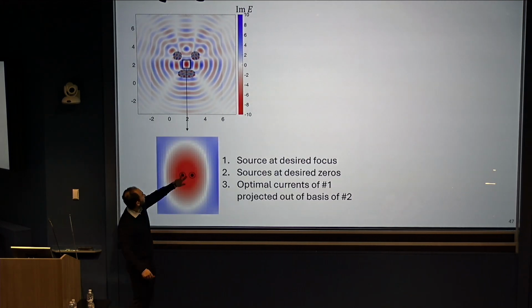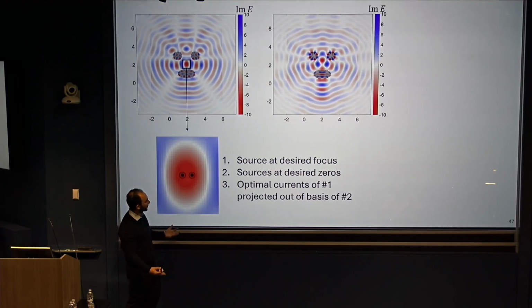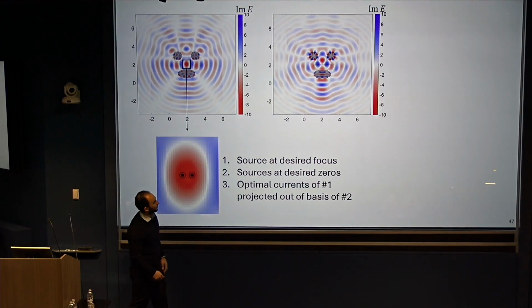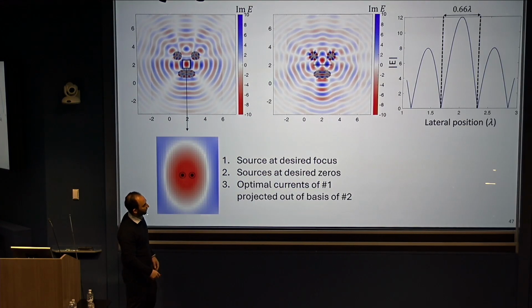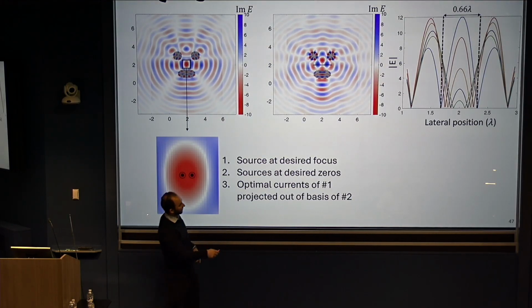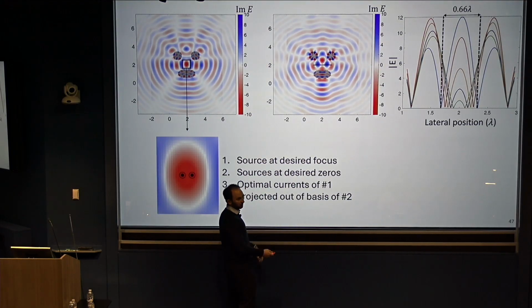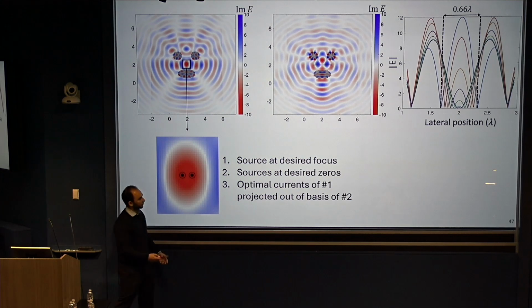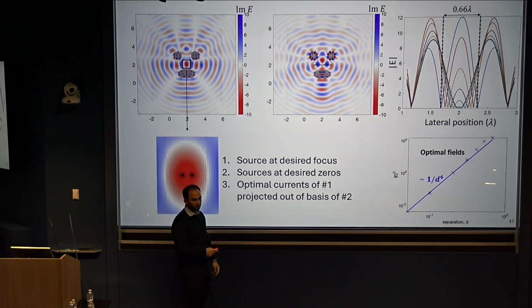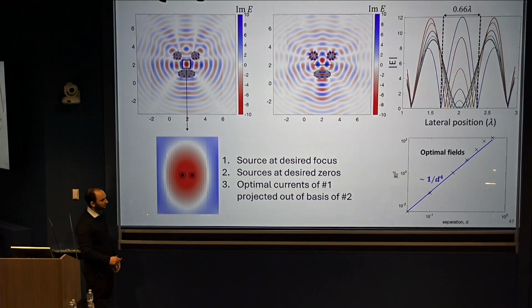So I put 2 currents down. I let them radiate. I measure exactly the fields. And I get a little pinched feature right in the center. And if my original field is a nice diffraction limited spot, just by taking those points and making them closer and closer, the fields that are produced from the exterior have exactly this super oscillatory nature to them. There's an energy penalty, of course, as I create these super oscillatory fields. It turns out that energy penalty, by general principles, is exactly the same 1 over d to the 4th scaling as we saw in free space.